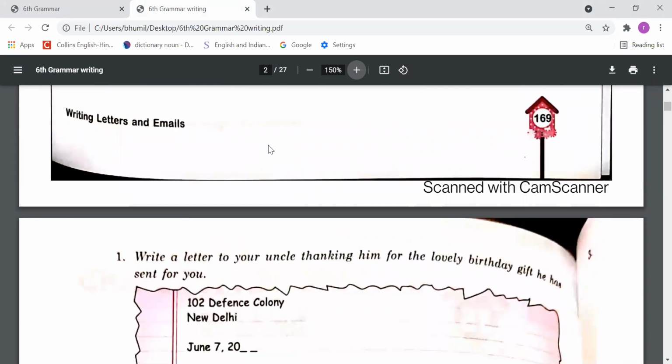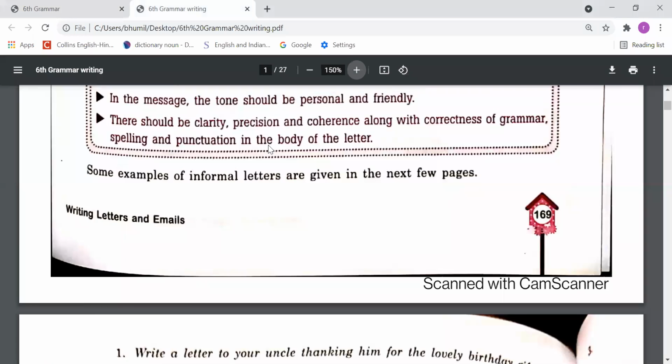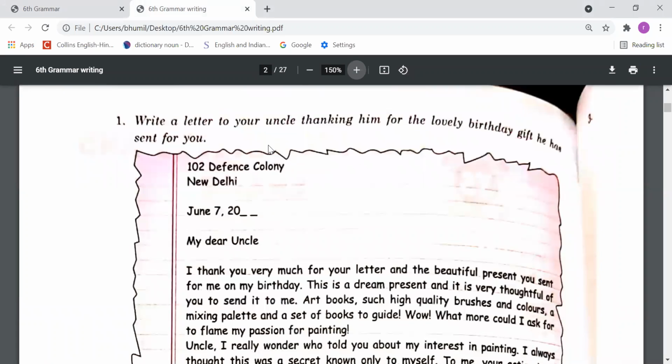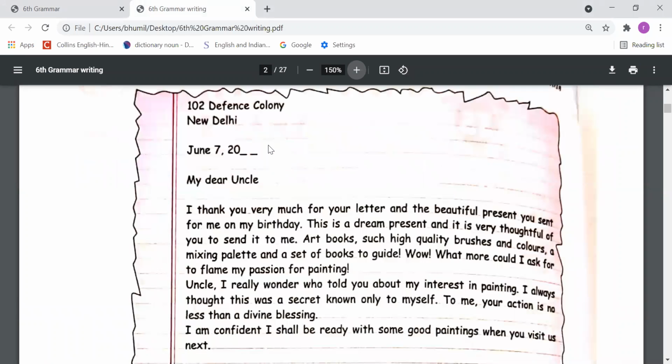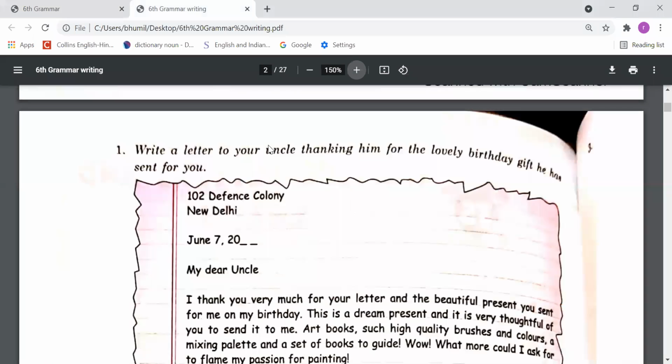Okay, now let's come to the writing part. For this you need to open page number 170. You have to open page 170, because first we are going to study a letter. So dear students,